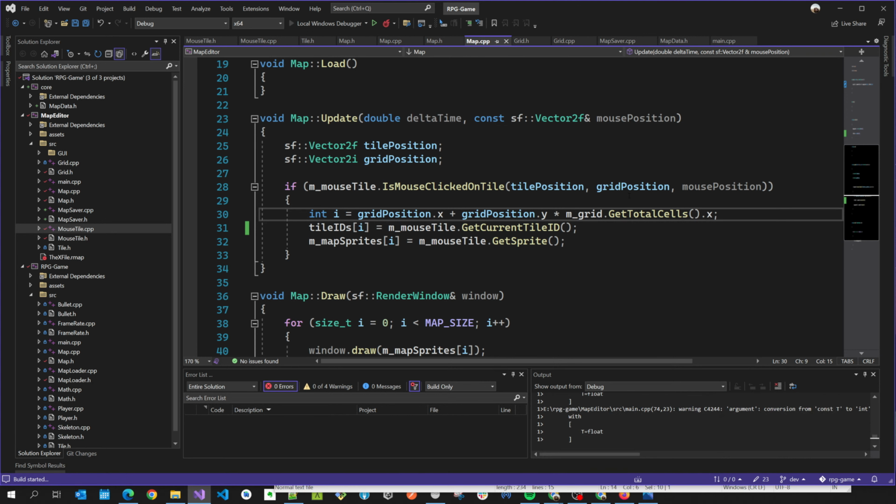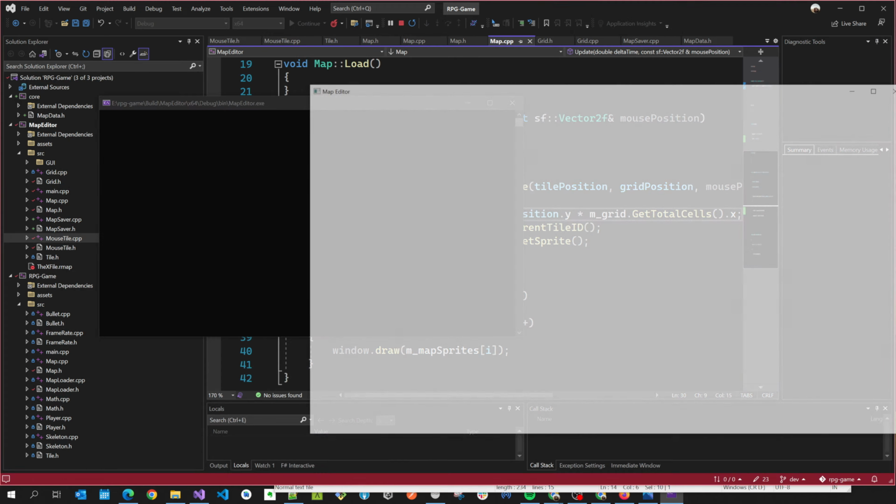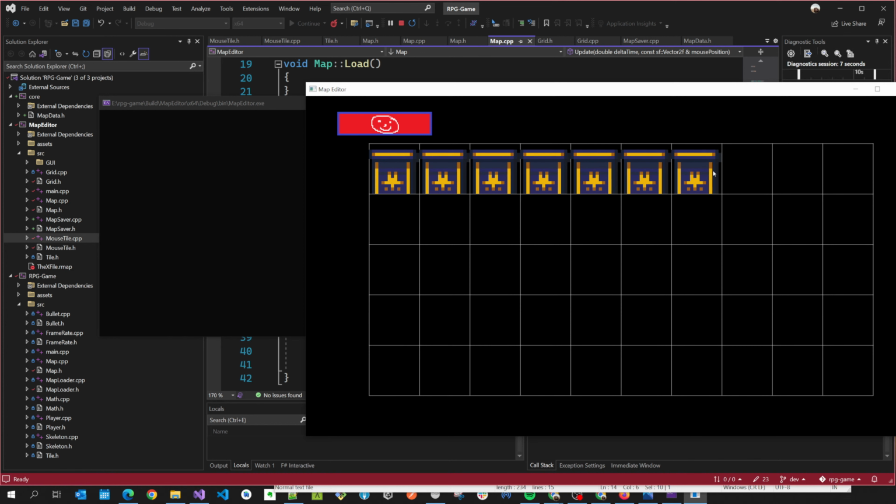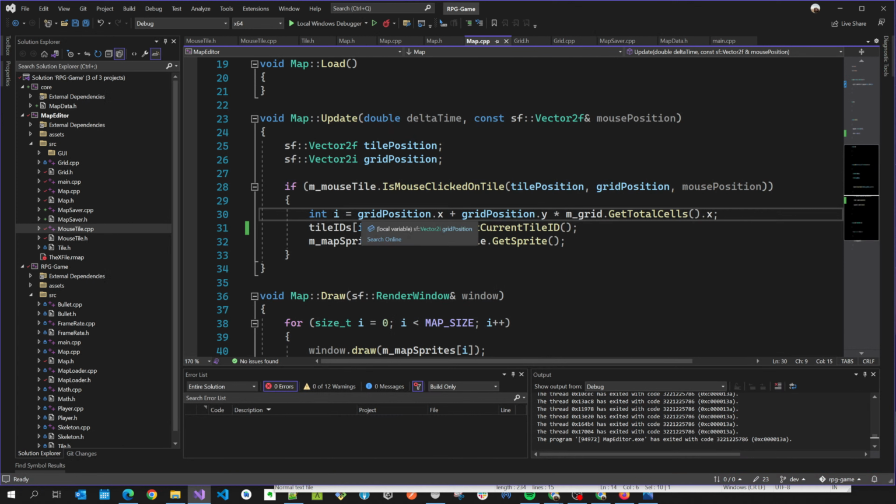So to give you an example, if I click over here, this is 0. This is where I clicked. This is 1, this is 2, 3, 4, 5, 6, 7, 8, 9, right? So I will hold the value of where I clicked on the grid. So if I click on the first cell, I is 0. So I'm saying tile ID